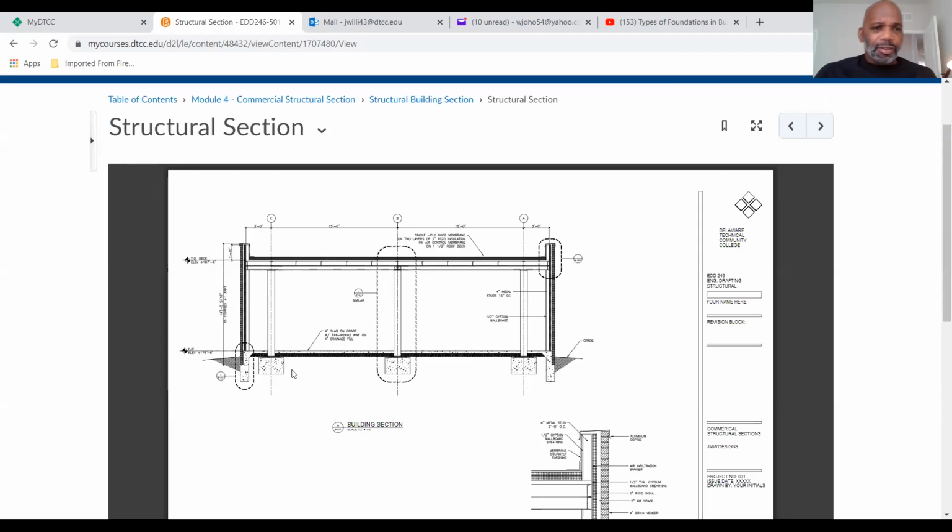And we see this section here is looking toward column lines A, B, and C. And what you're going to be doing is using some of the elements that you created in the framing plan, as well as some of the components you created in the foundation plan, to bring those together by copying and pasting to form this building section. Okay. So as we look at this section more closely,